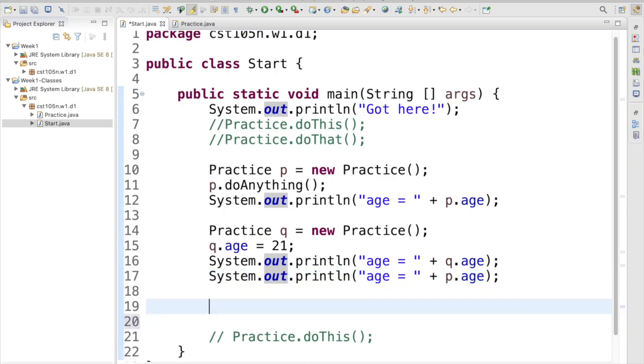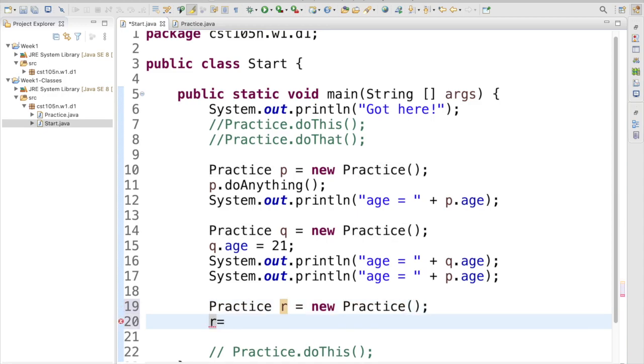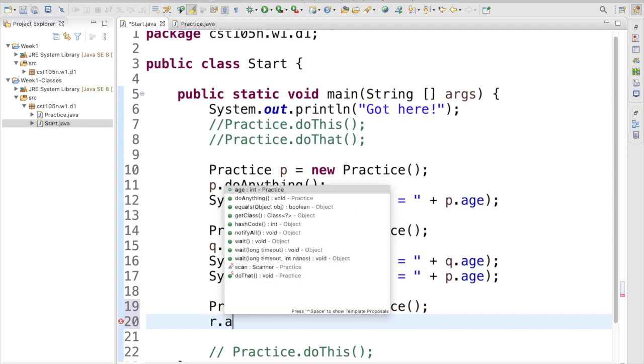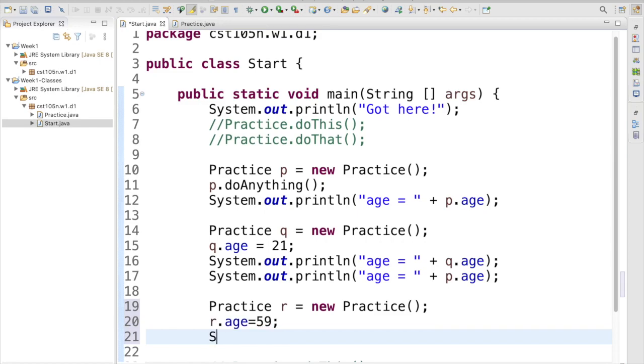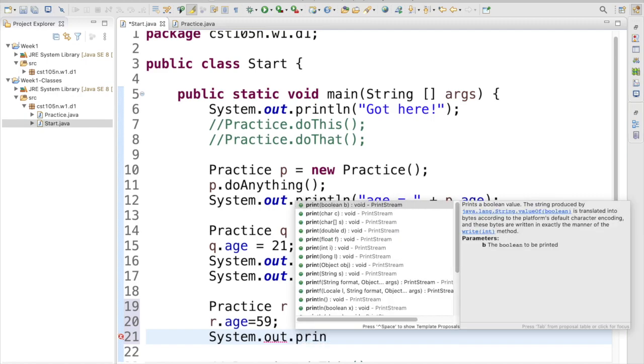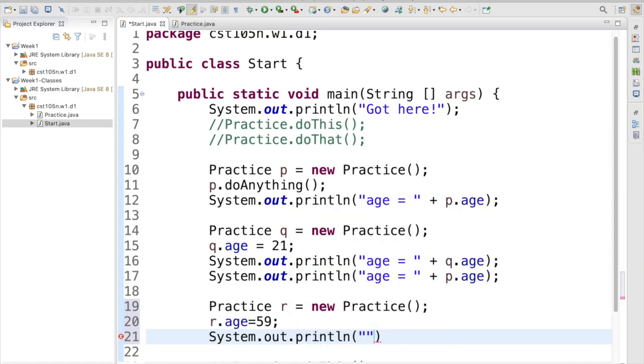We're going to do this one more time. We're going to create another practice object, and we'll call this one R, equals new, got to use that new keyword, practice, and we're going to set r.age to 59, and then we're going to System.out.println age equals, and we're going to do our plus r.age,